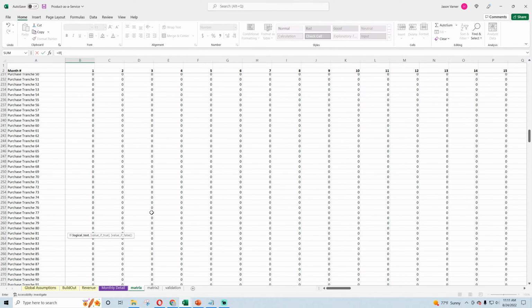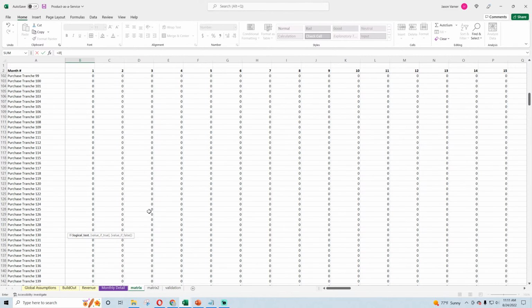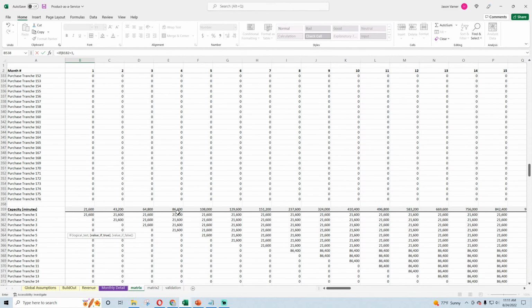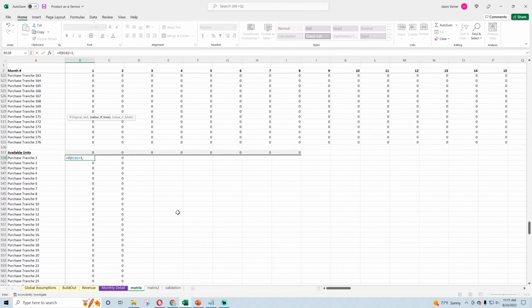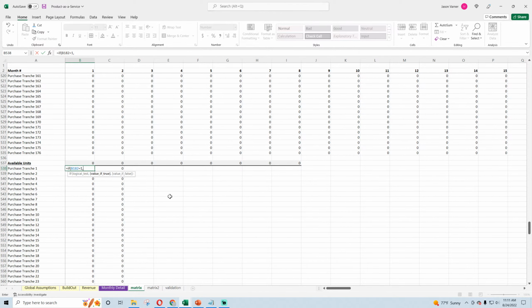So this, I think I can do if it's active. So if this equals 1 is active, then I want to get the purchased amount. Where can I figure this out at? We might not have enough data to do it.